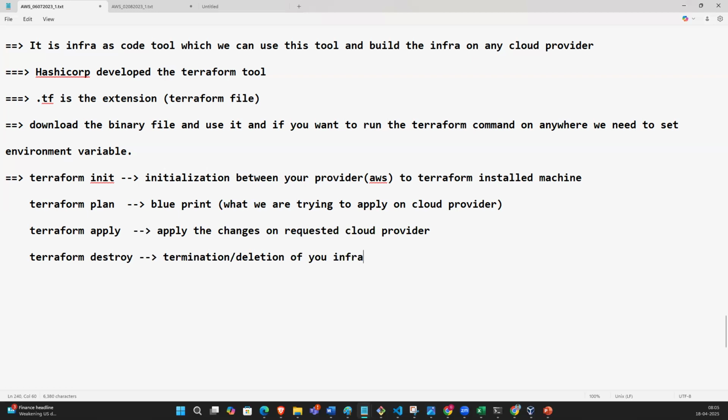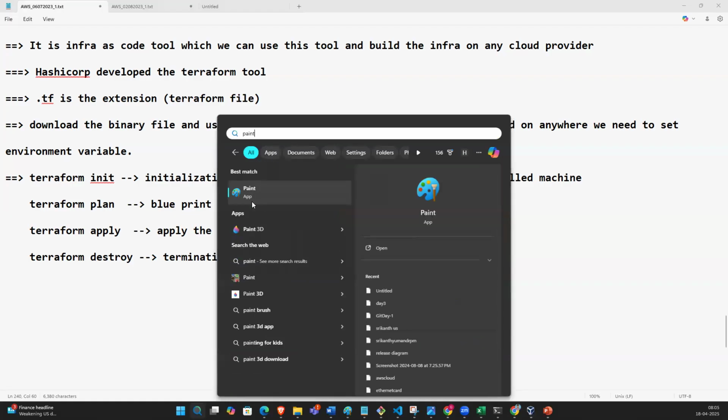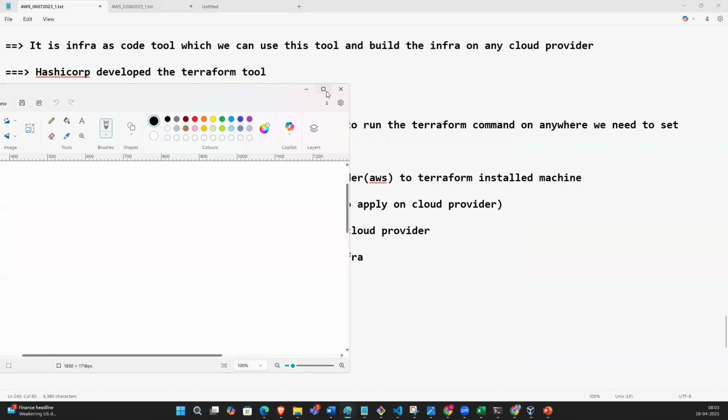Guys, understood? Yeah. So what is the use of Terraform? What is the use of Terraform? Something like